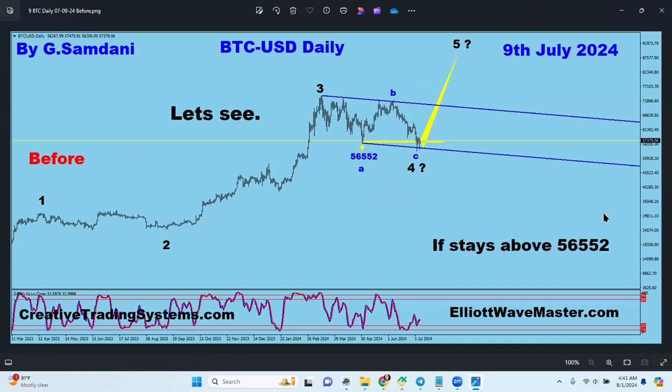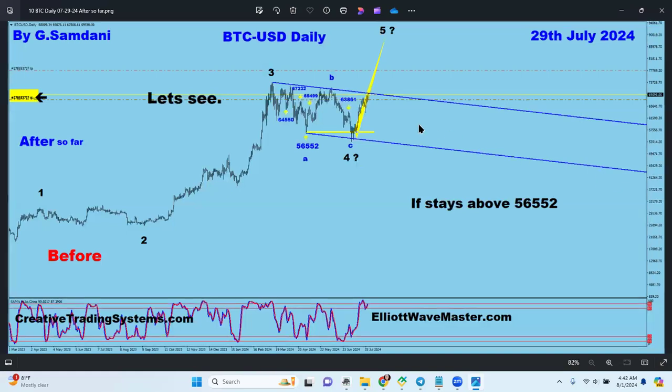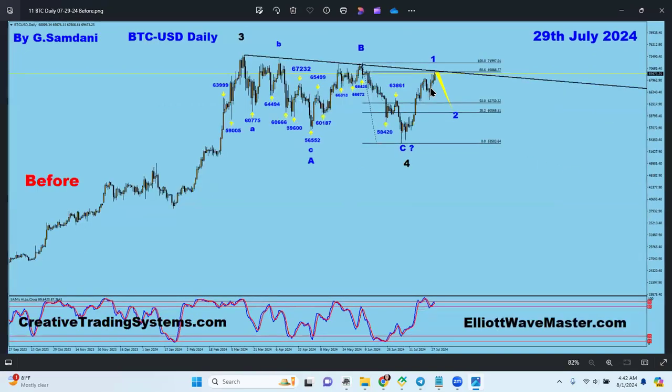So what happened to this chart? This thing went up and hit the TL of this channel. See that? Nice and clean. It hit the TL. So I said, okay, and this is July 29th. So I made another chart then that says, well, this could be it, and we might drop first before going to the upside. So I made this chart here.